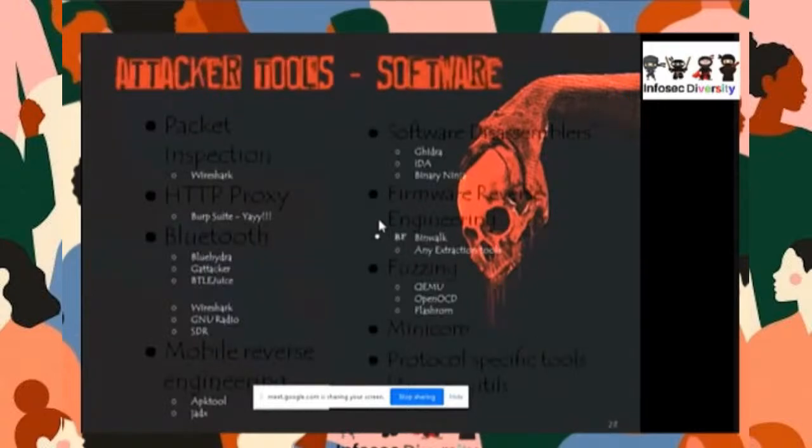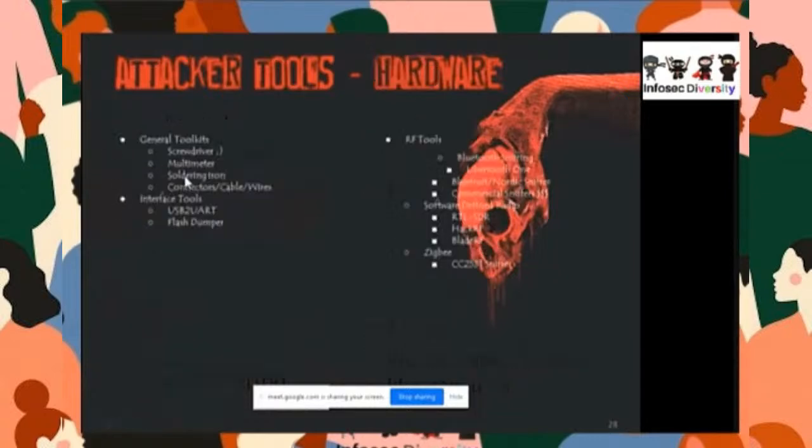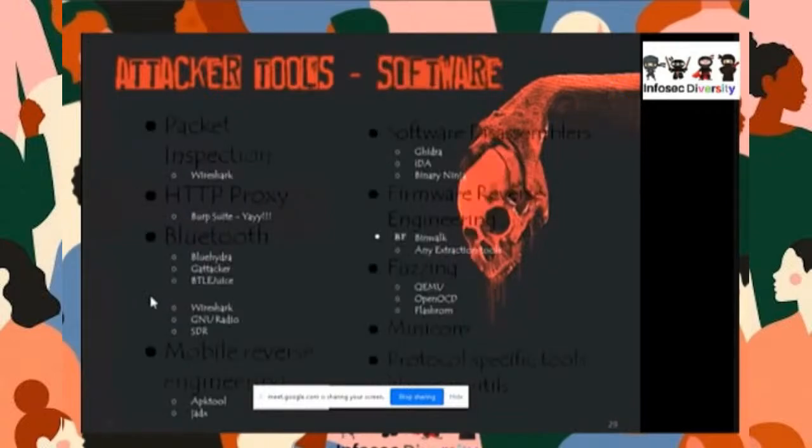So these are the attacker tools I'm mostly using, and I want to share them with you. For packet inspection I'm using Wireshark. For proxy I'm using Burp Suite. You can use ZAP also. For Bluetooth, Blue Hydra is there, GATTacker is there, SCI tool is there, BTLE Juice is there, Wireshark. Okay, SDR, as I already told you,